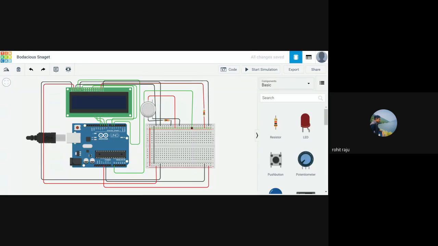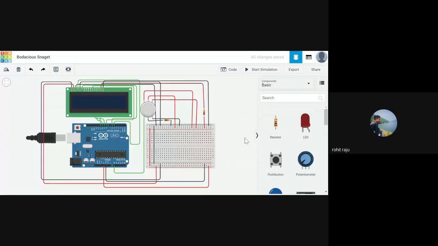So these will be going to power. So that would be our circuit for now.